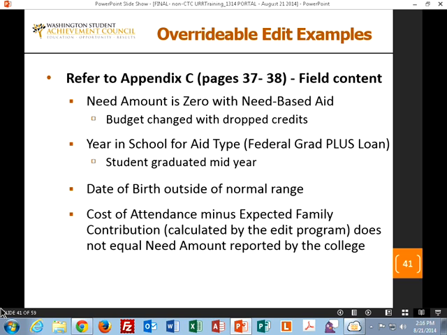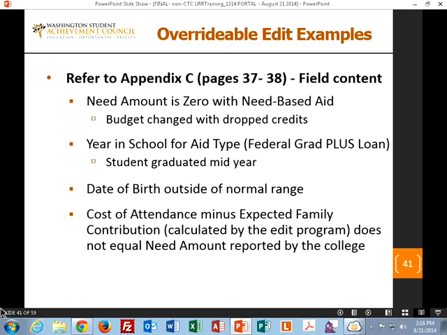Alrighty. Overwritable edits are the vast majority of the edits that we have in the system. Essentially, overwritable edits are reasonableness checks that we apply to your data. We check to see, as the example says, if need amount is 0 with need-based aid.